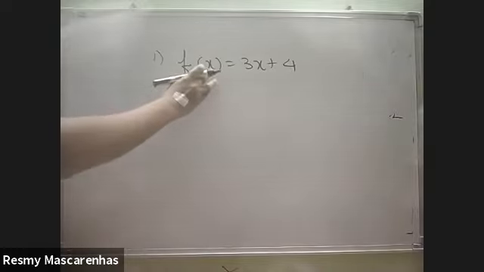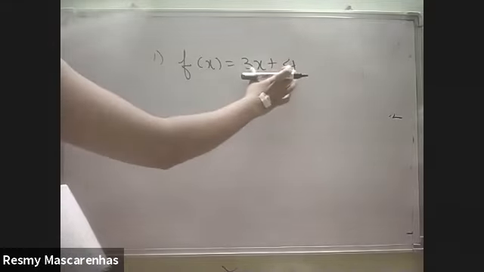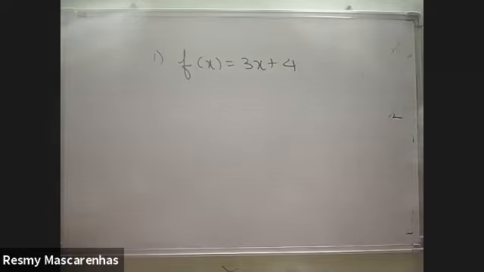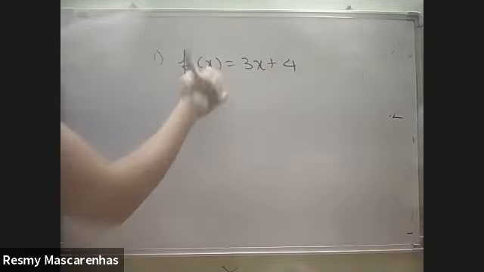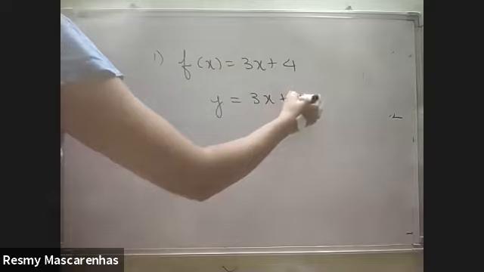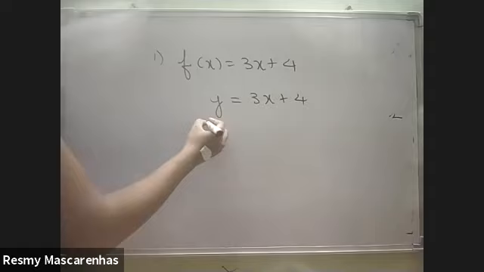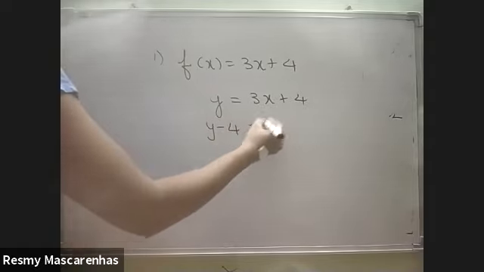But if you notice, only f of x is given to you. Where is g given? Not there. To find FoG and GoF, you need another function. Whenever they give you only one function, the second one you have to frame yourself. How to frame it: as while finding onto function, always take f of x equal to y. Instead of f of x, take it as y and express in terms of x. Take the rest of the terms on the other side, so y minus 4